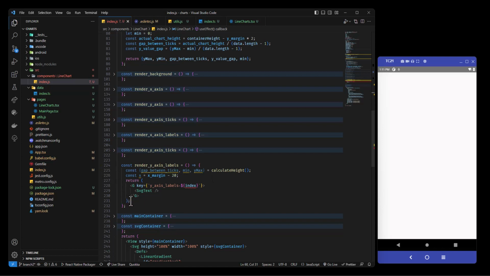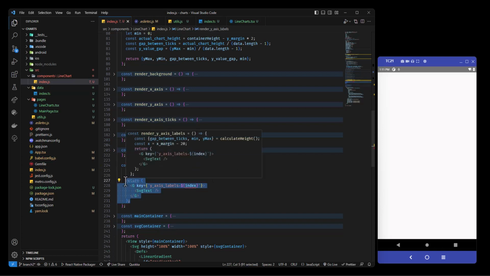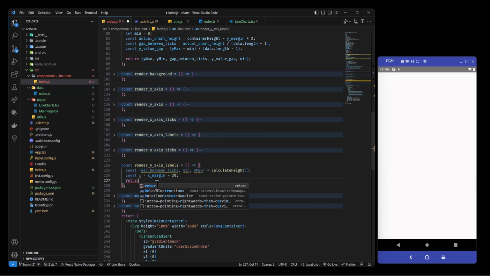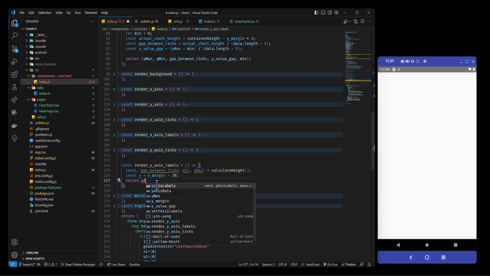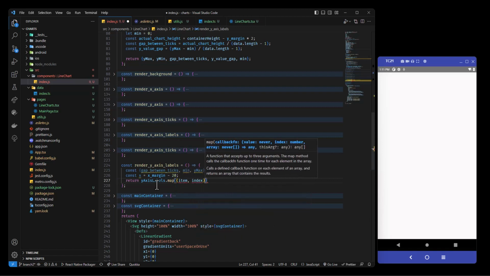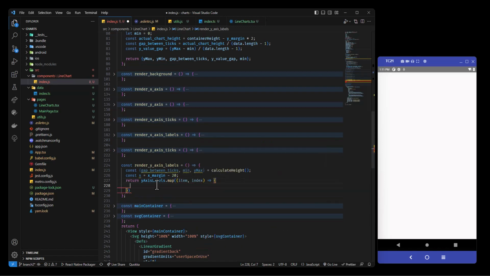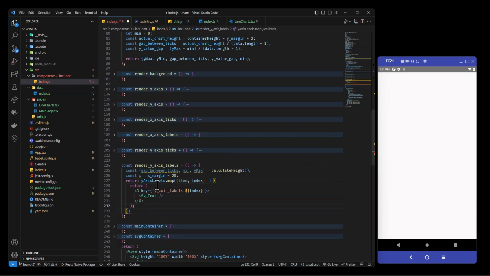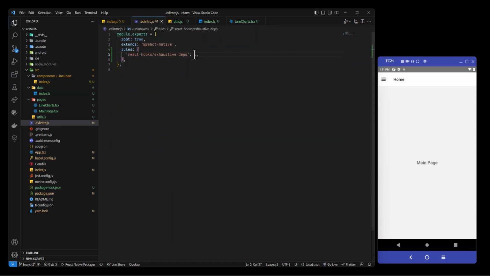So before we do this, let's cut this and let's return yAxisLabels.map with item and index. Now we can return this guy. And notice how it's yellow. That's because I have the 1 here. If I make this a 0,